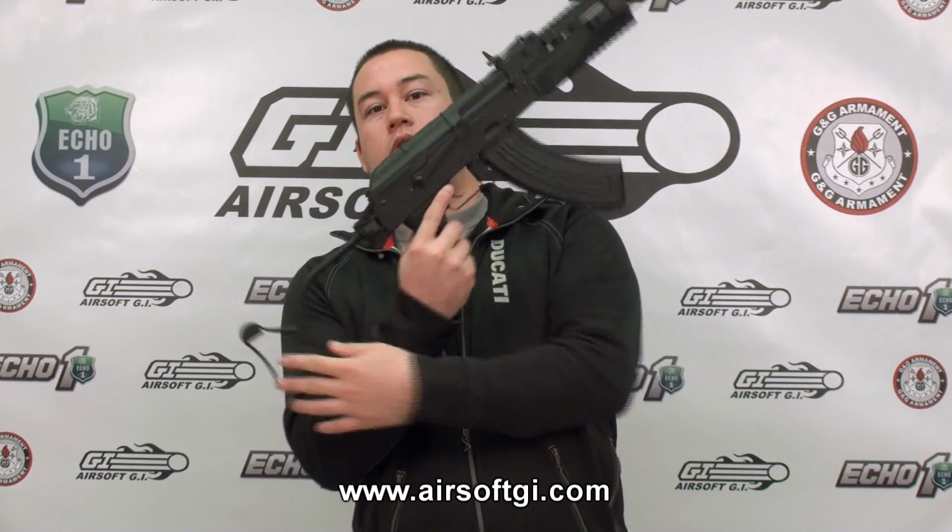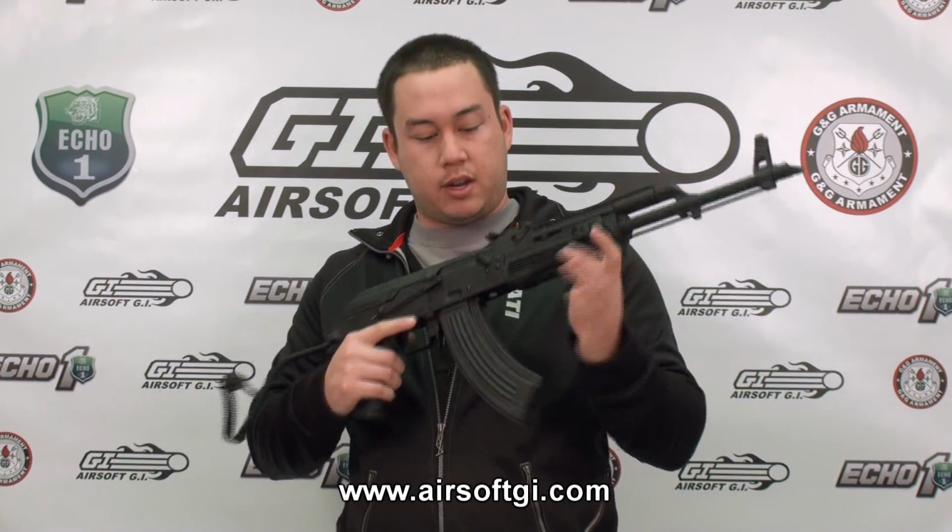But it's good enough for mounting something like a red dot sight or a reflex sight. Folding wire stock I think looks real cool on this type of AK. Unfortunately, there are no ambidextrous features on here, but that shouldn't stop you from getting it because it's a great looking gun and has a lot of great features, and it's pretty much the only AK that I could find